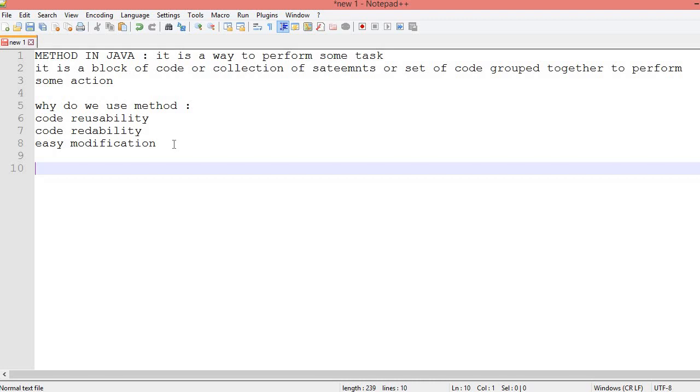In method we have some parts. So let's understand what are the parts of method.